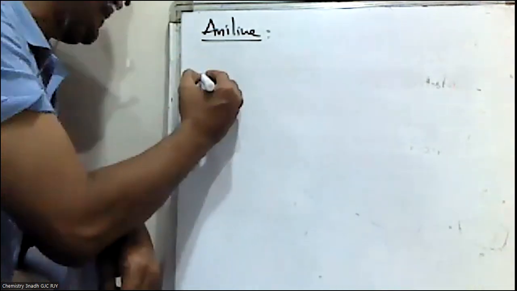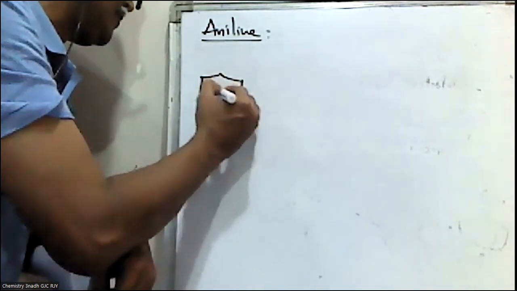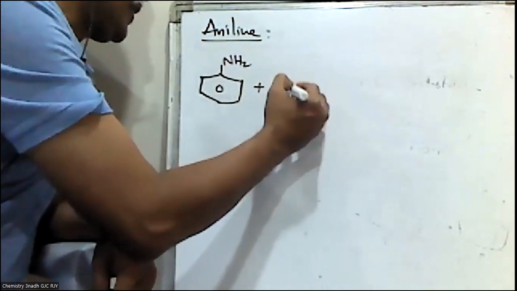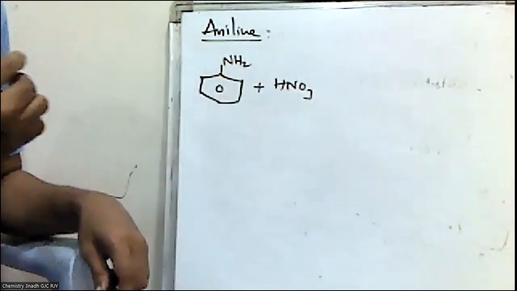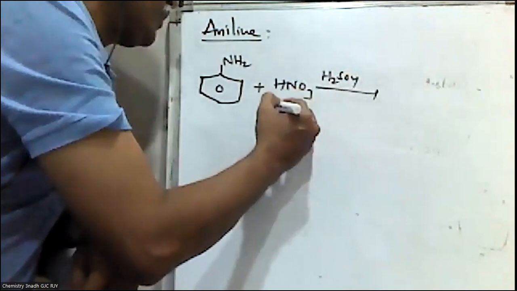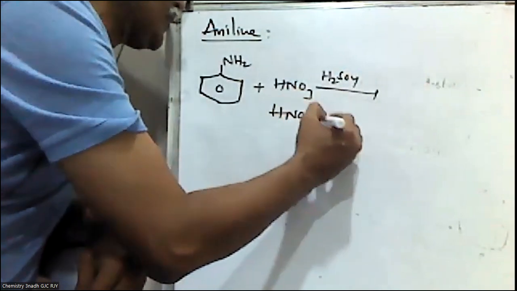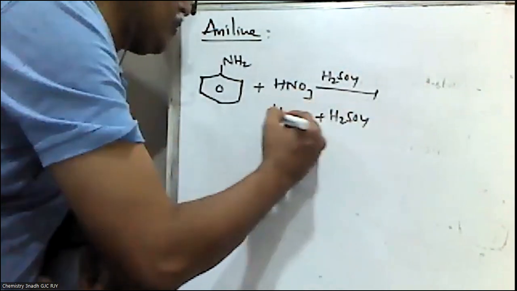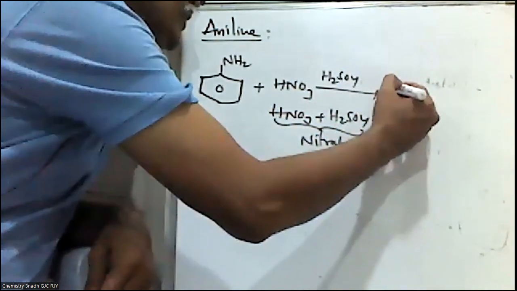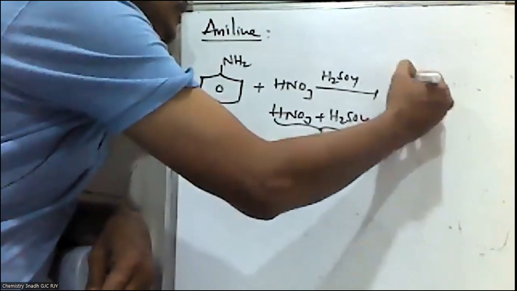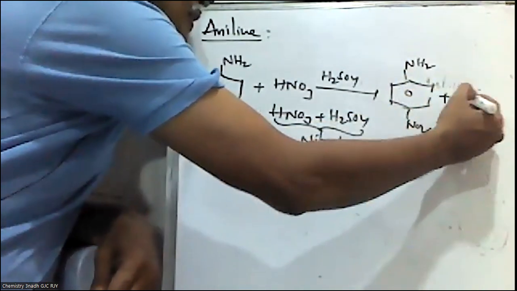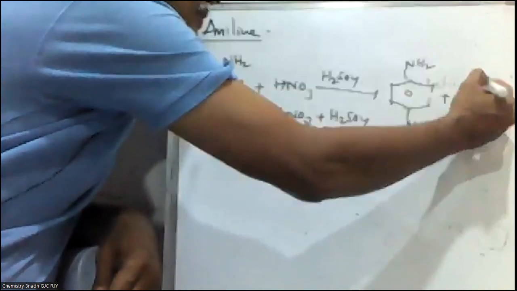When aniline is treated with nitric acid in the presence of H2SO4, we know that HNO3 plus H2SO4 is called nitration mixture. It forms three products: para-nitroaniline and meta-nitroaniline